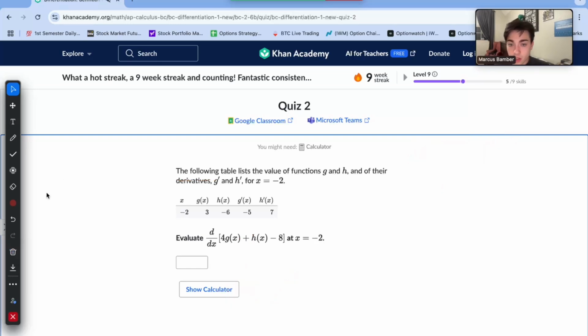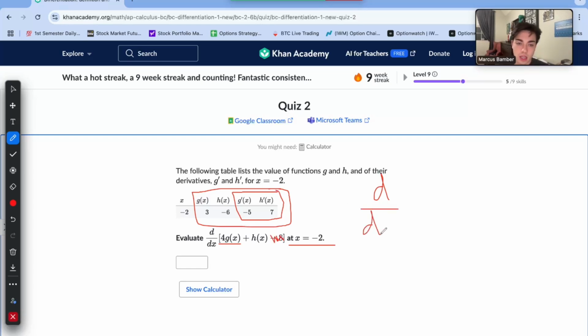Okay. On to the next, we're going to be using more derivative rules here. We're going to find the derivative of 4 times g of x plus the derivative of h of x minus 8 at x is equal to negative 2. X is equal to negative 2 is kind of irrelevant because all of these are at x is equal to negative 2. We're going to be using these derivatives entirely. We're not going to be using the regular functions because as we split them, just like Maya did in the previous question, first of all, the constant is just going to be equal to 0. We can eliminate that. And then we split, so d over dx of 4g